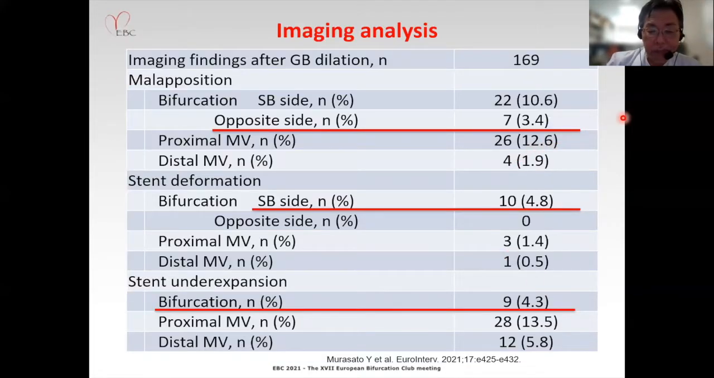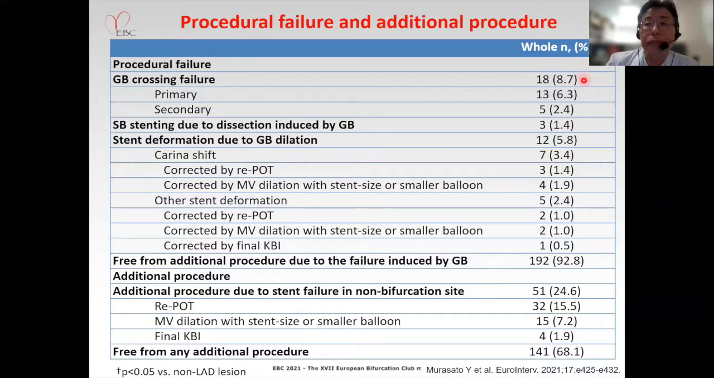This is the imaging analysis immediately after Glider balloon dilation. In terms of malapposition, it occurred more frequently on the side branch side and was present on the side branch opposite side only in 3.4% of the cases. Stent deformation at the bifurcation was observed only on the side branch side. Stent underexpansion and malapposition remained in the proximal main cell in 13%, which required an additional procedure. Glider balloon crossing failure was observed in 8.7%,